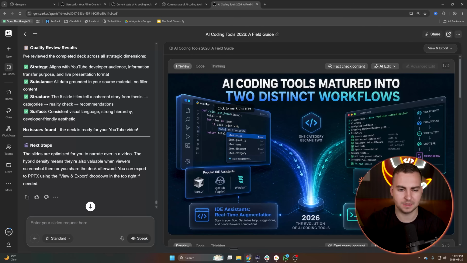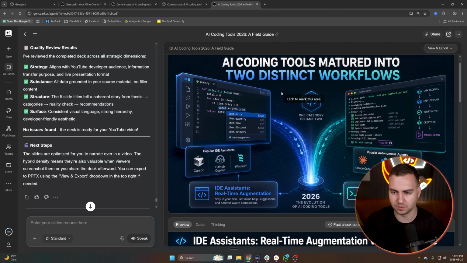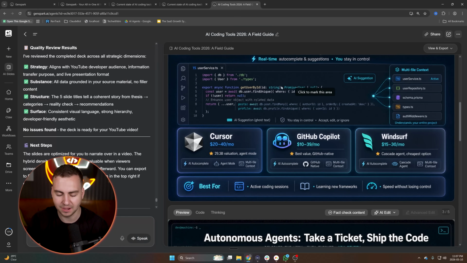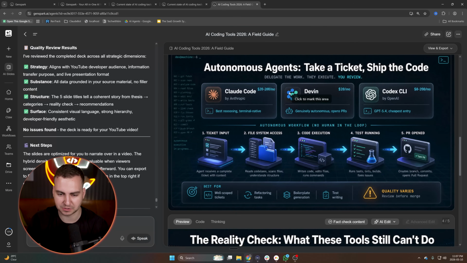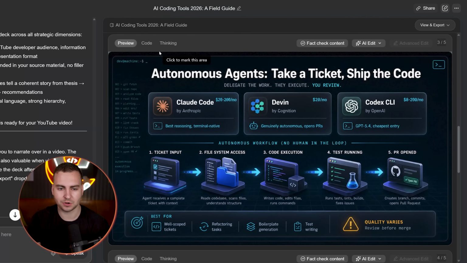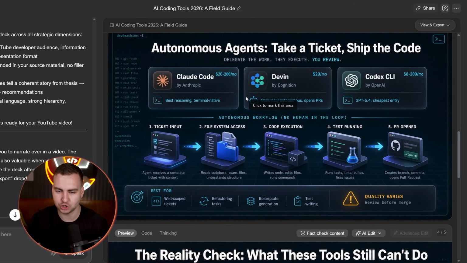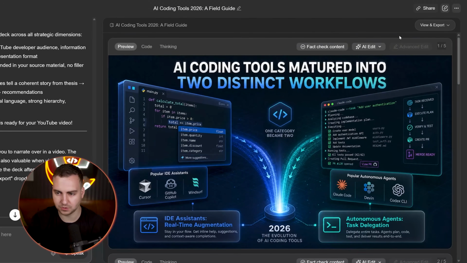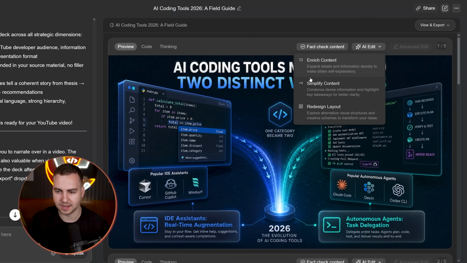So it just wrapped up the PowerPoint now. I think this took about 3 or 4 minutes, and I'm pretty impressed by the quality of GPT Image 2 here with the image gen. I guess the prompting was good here from Genspark as well, but if you have a look, these are all images. So this isn't generated with HTML or something. This was GPT Image 2 generating this. And you can see that we have the 5 slides I asked for. Looks really good.